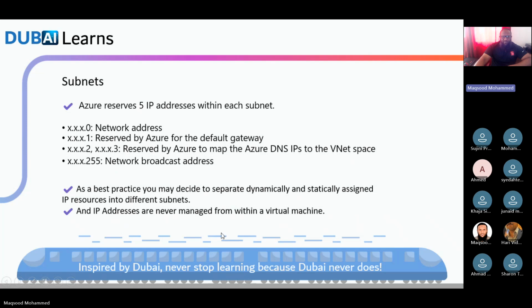And IP addresses are never managed from within a virtual machine. What does it mean? This is a very important point. So if you have to change an IP address on a virtual machine on the OS level, for example, I have a server, Windows Server installed. Now,